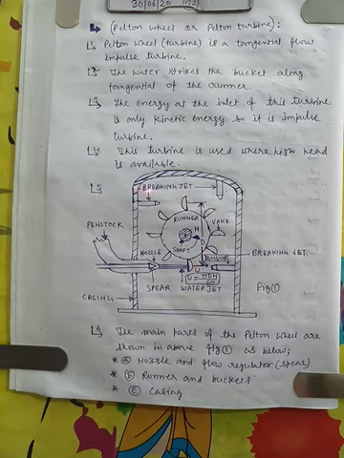So we saw the complete layout and complete parts of this. This is the sphere, this is the nozzle, this is the runner, buckets, and this is a shaft, and this is a braking jet, and this is the casing. So this is the complete picture of this Pelton wheel.